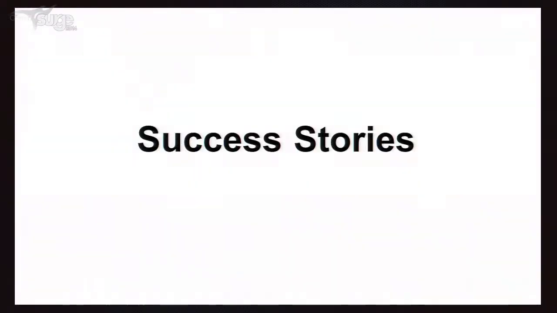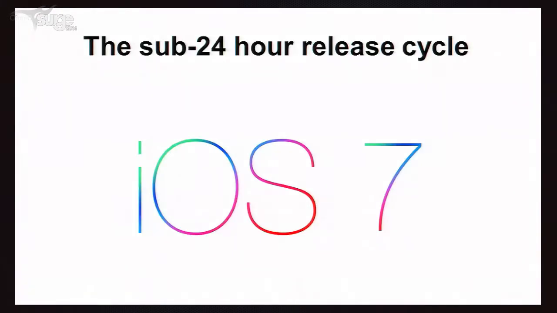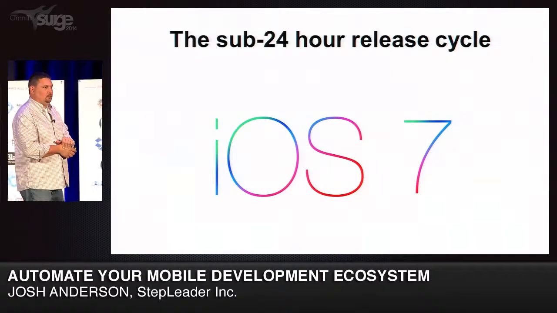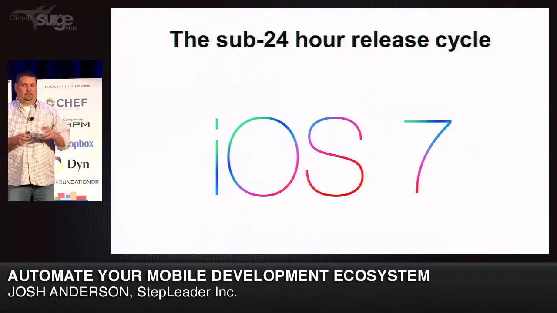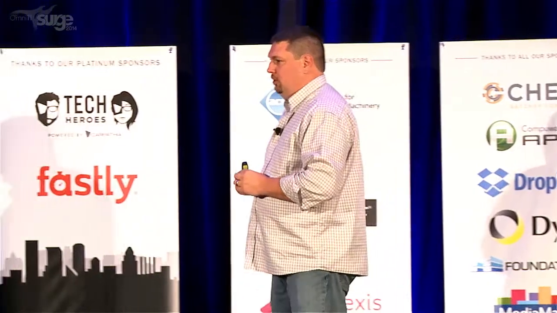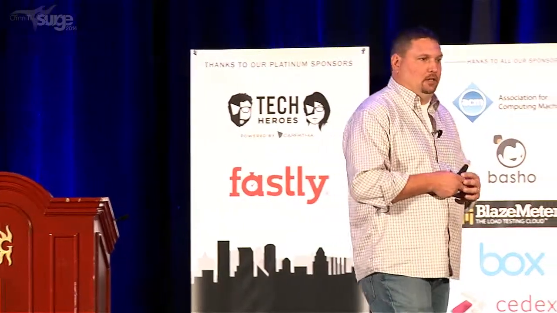So a couple success stories. iOS 7 came out. iOS users out there, did any of you have any problems when iOS 7 came out? I see a couple nods. One of the problems we had was video. We hadn't yet figured out how to automate our video player testing. And when you go to News app, there's lots of videos in there. They had a few undocumented changes that broke everything that we were doing.